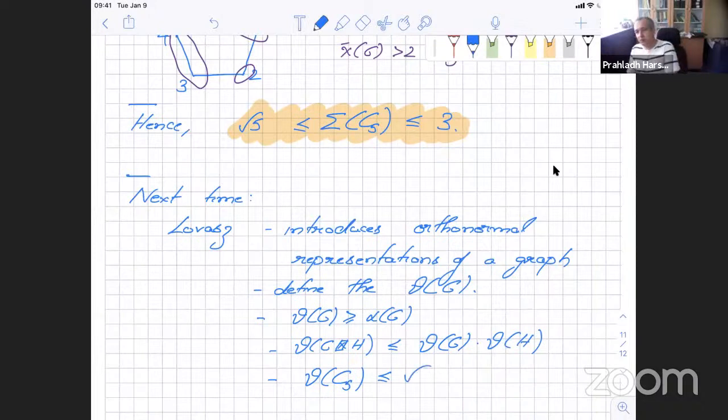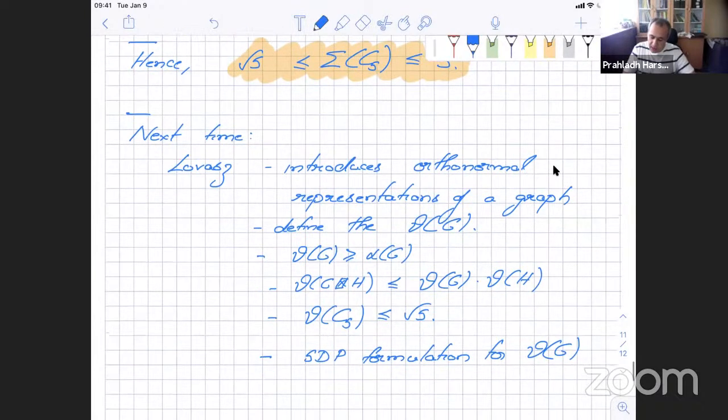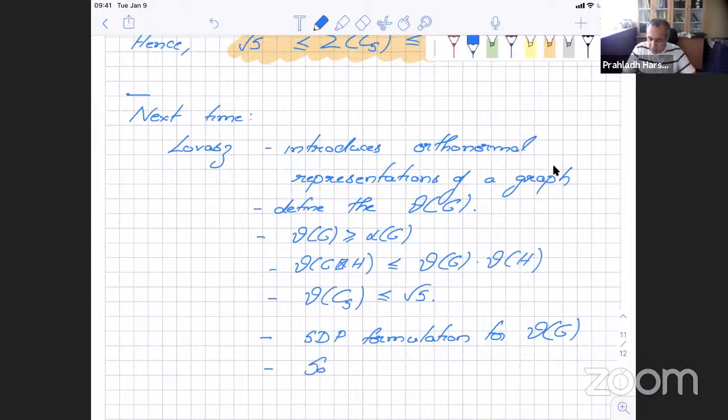So we'll show all of this. And we'll actually go on to show a little more. We'll actually give an SDP formulation. So all of this Lovasz did. He gave an SDP formulation for this. And furthermore, once this formulation was there, it's easy to see that you can give the sandwich theorem,